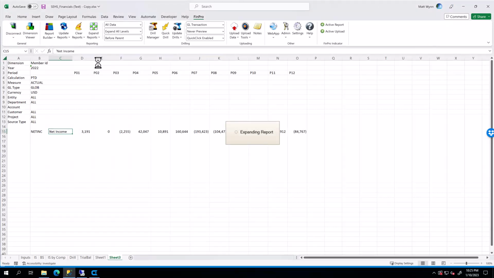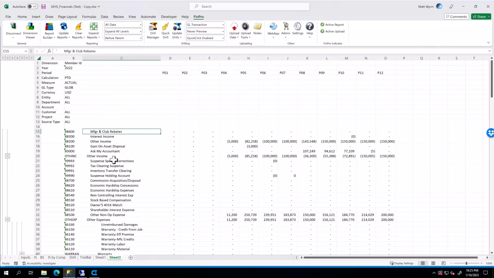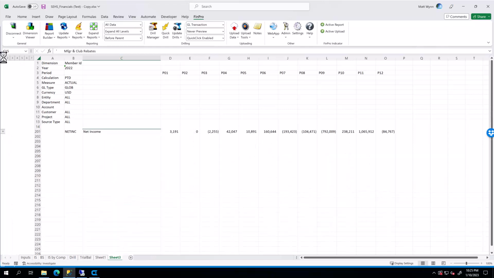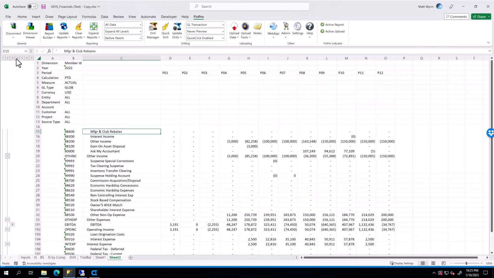And when we click the expand reports button, FinPro is going to take that net income, and based on the settings that we have right here in our report expansion, it's going to expand this report down to the specified level and give us a report with all of the GL accounts level by level on our spreadsheet,